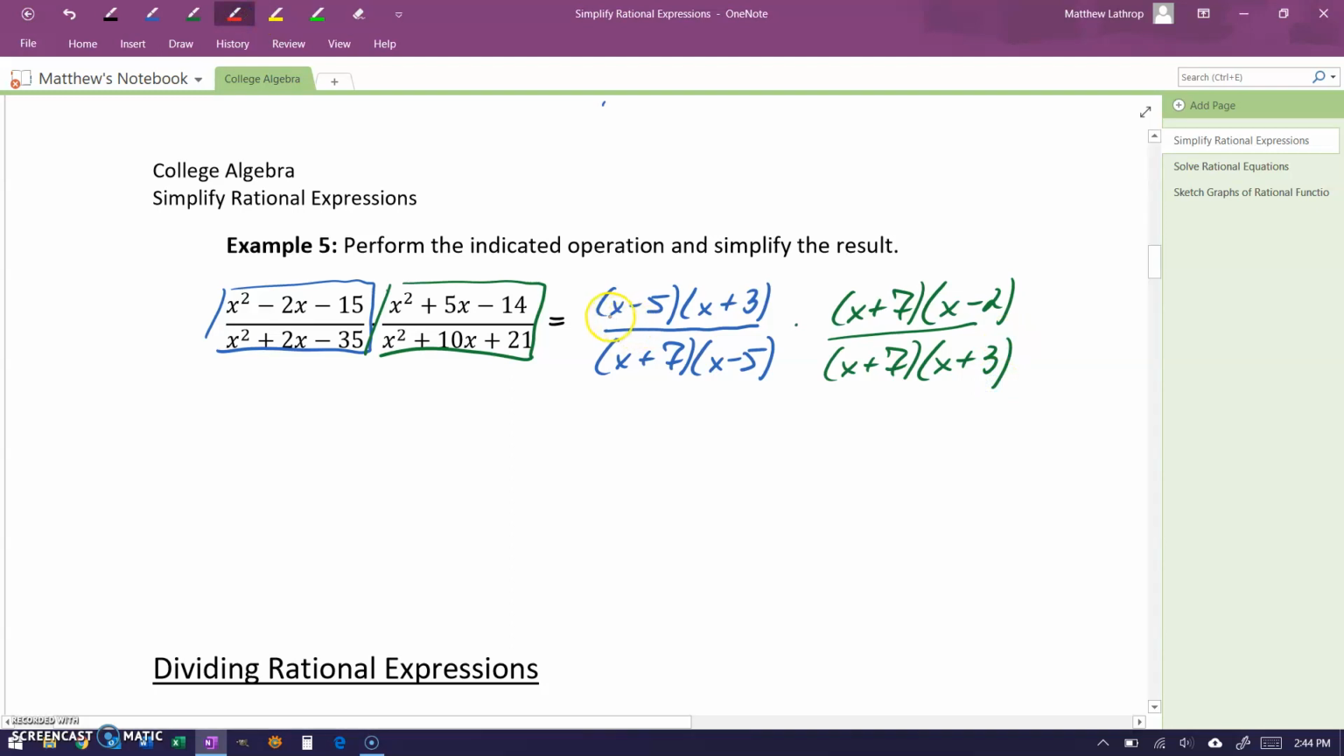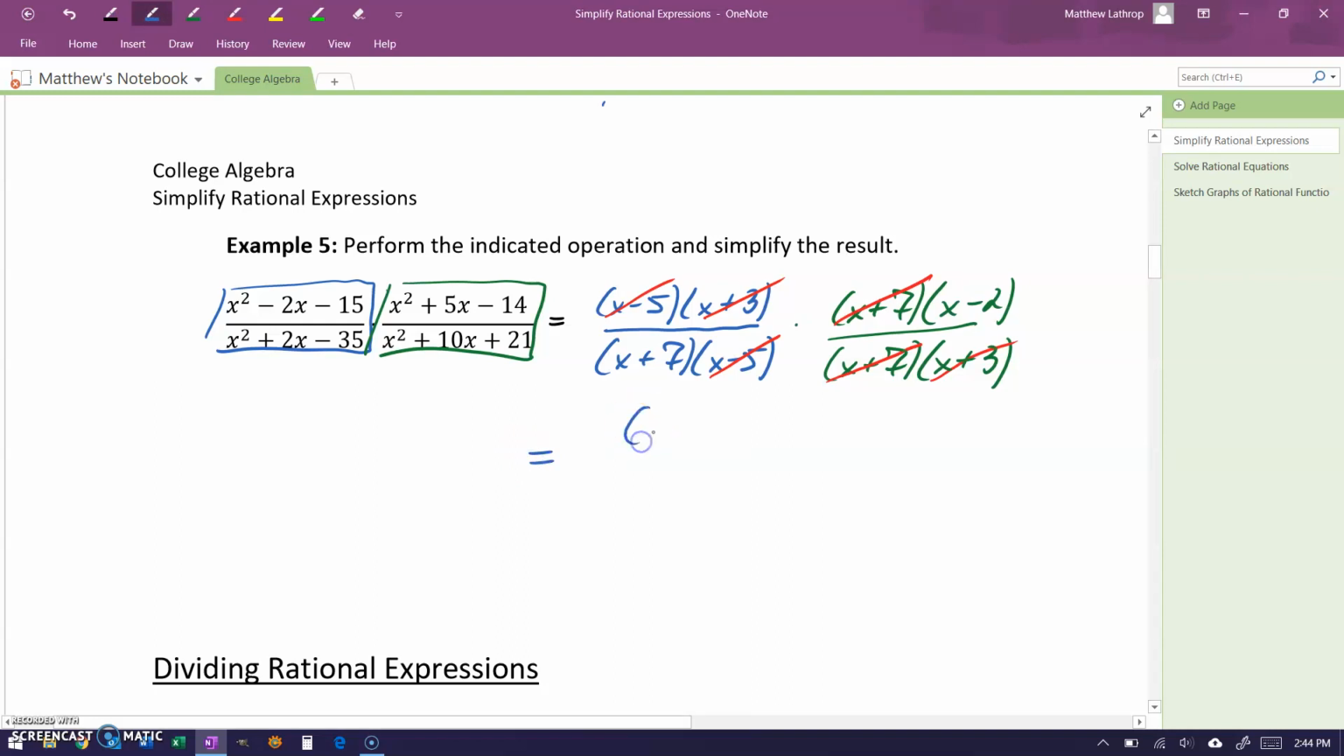We have an x minus 5 in both the numerator and denominator. We have an x plus 3 in the numerator and denominator, and we have an x plus 7 in the numerator, and then x plus 7 occurs as a factor twice in the denominator. That x plus 7 in the numerator will only cancel with one of those factors in the denominator, which leaves us with 1 still remaining,